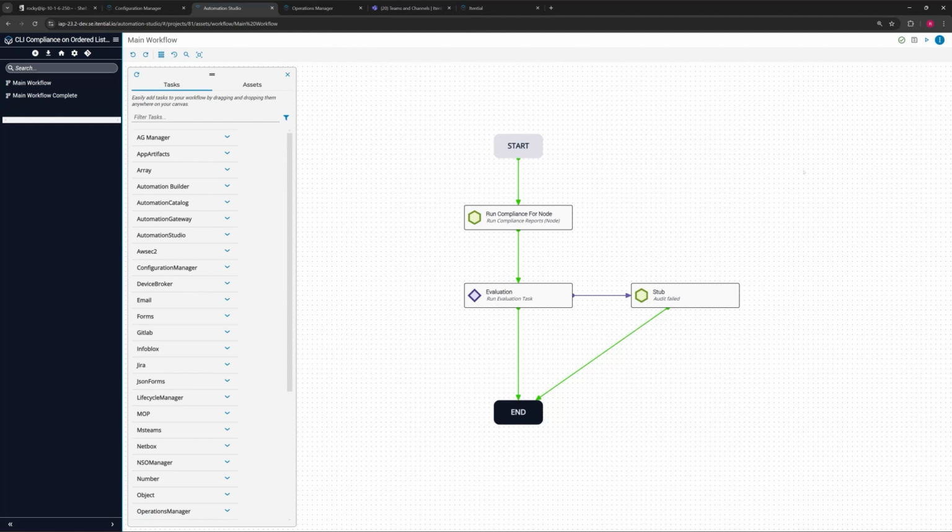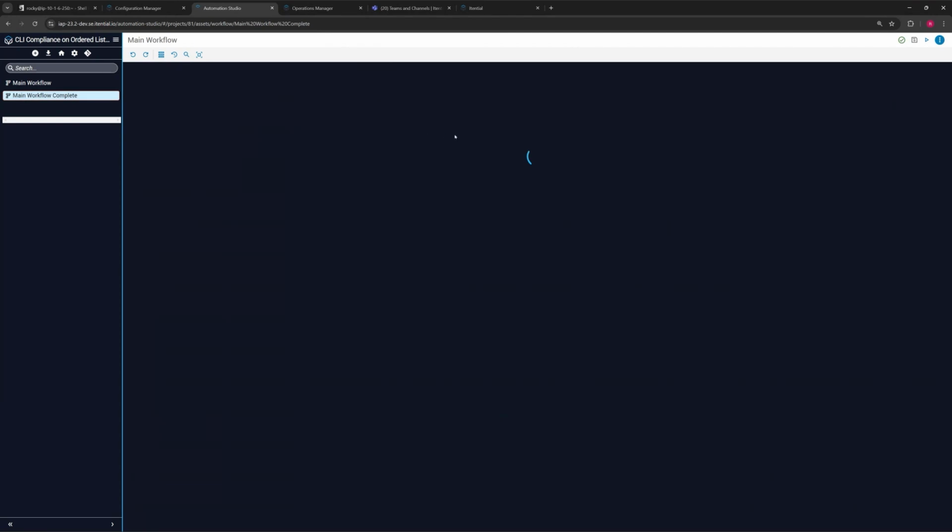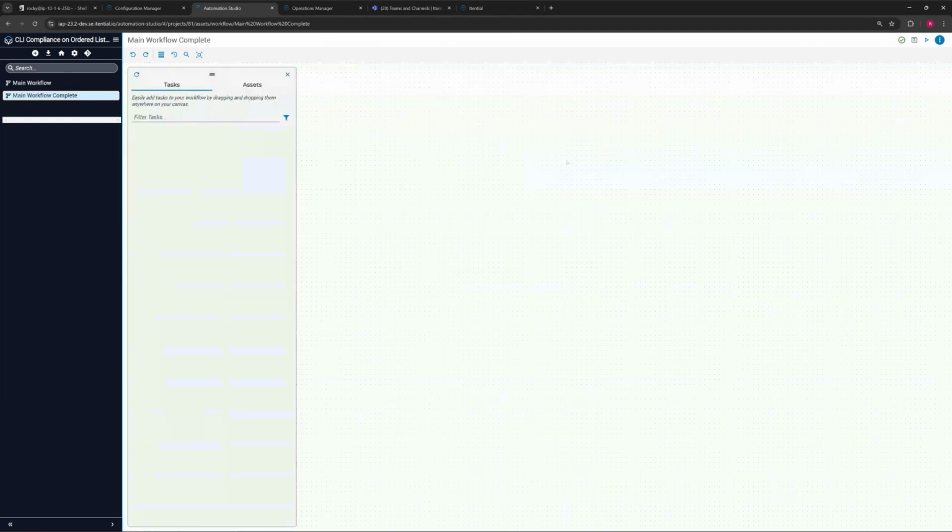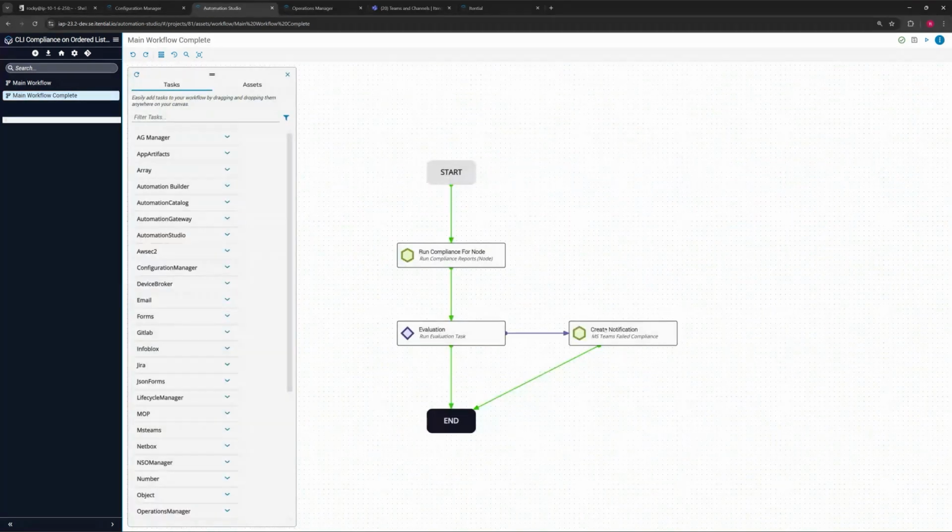If I save this, what's already saved, let me flip over to here. This is a complete workflow. What you'll see here is I've replaced the stub task with a notification in MS Teams. So this would allow us to now go and think about the process we're just automating, right? We've created the golden configuration template. We can run it manually from within the application, but we don't have to. We have just built an automation to run the template, and then to get the results from the template and